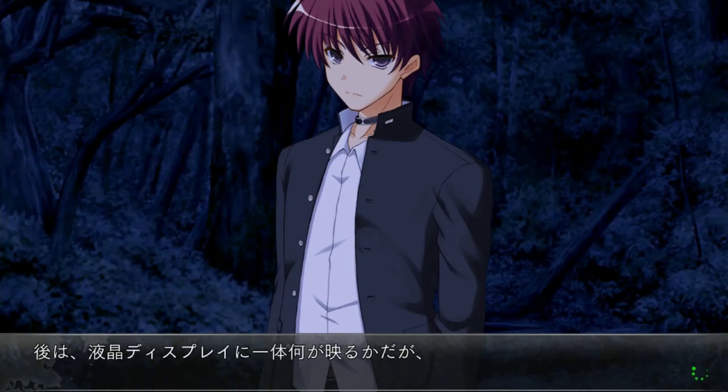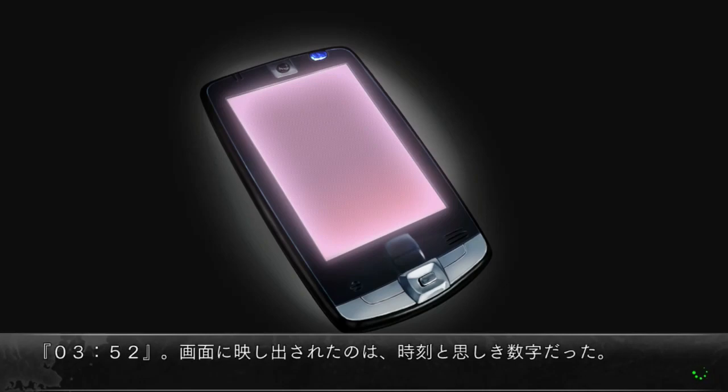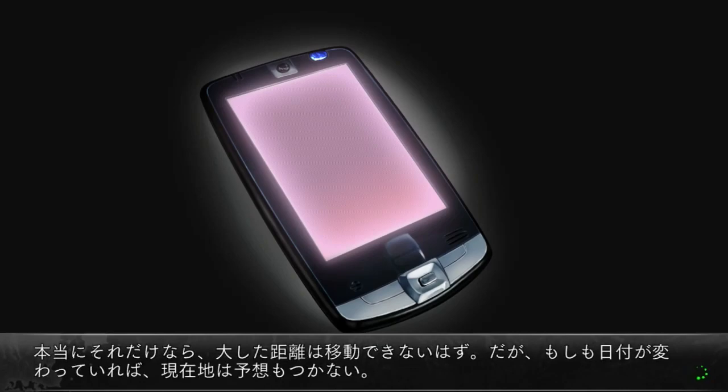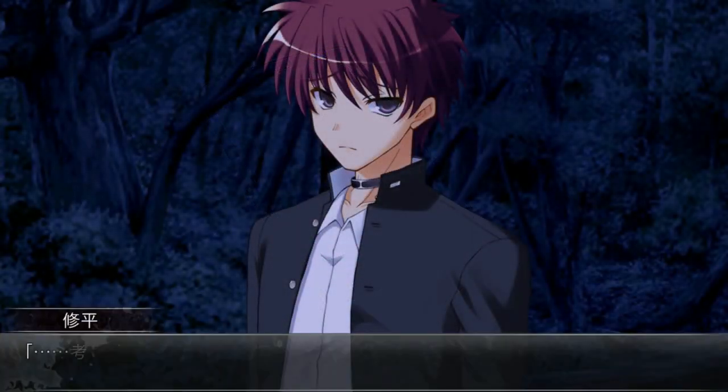Next, he checked the LCD. 時間か。これ。Is this supposed to be the time? Displayed on the screen were numbers that appeared to represent the time. 3:52. Thanks to that, Shuhei realized that it had almost been 6 hours since he'd been grabbed. If that were true, then he couldn't have been moved very far. However, if it had been 30 hours and not 6, then he had absolutely no idea where he could be. He didn't even know if he was in Japan, but... 考えても無駄か。